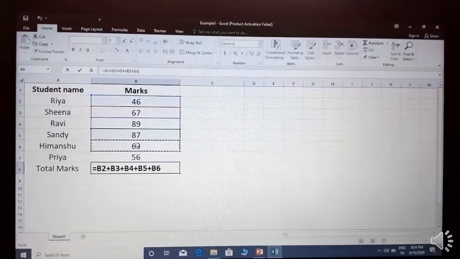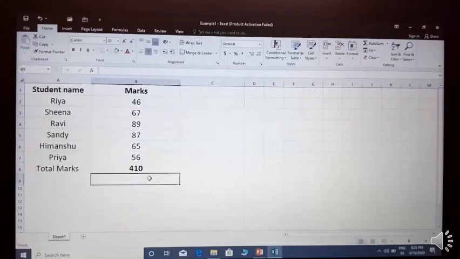Select this one, B6 plus, and now this is the last, B7. This is the address of the cell. Means in this B8 we are writing the formula. You can see here, what is the formula? Equals to sign. A formula always starts with equals to sign. After equals to, use this method, whatever method I told you. Now press the Enter key. You can see the answer. So this is the first thing.